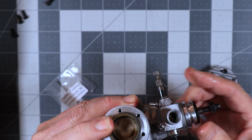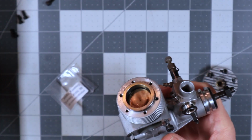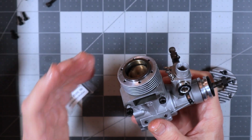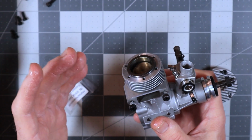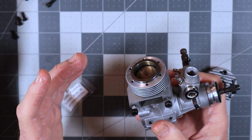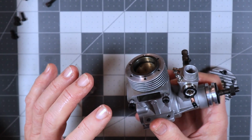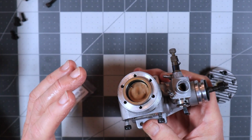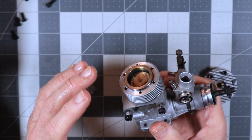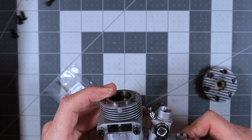Now, I believe it's probably more common practice on automobiles and maybe those really die-hard people on airplane engines, especially maybe four-strokes. I don't know. I'm not that familiar. Typically, I think when you replace a ring, you'd hone the sleeve just a little bit to get any residue off there so that the ring can seat and machine itself into place. I didn't feel that was necessary here because this sleeve was in such perfect condition. It didn't have any swirling or anything on it, and I also don't have a honing tool or any fine grit sandpaper that I could use as that. So the risk I'm taking here is that I'm just gonna